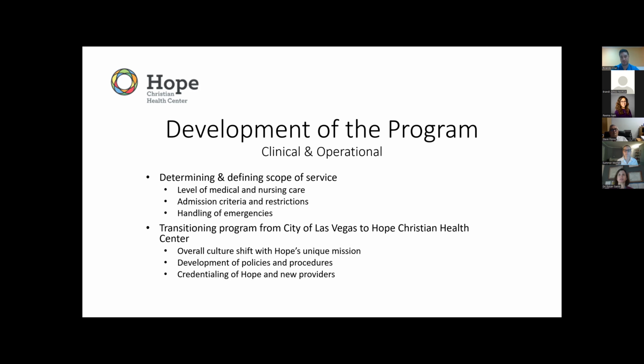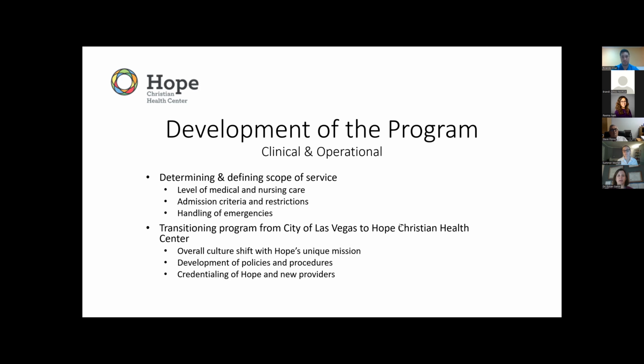We don't do things because we're such great people and morally this is the right thing to do. We do it because we know that God loves each of these patients as much as anyone else. And we want to make sure that they feel loved, cared for, and that they're receiving the best care. And we also believe in taking care of the whole person. So not only their medical needs, but their social and spiritual concerns, because that affects their overall health.